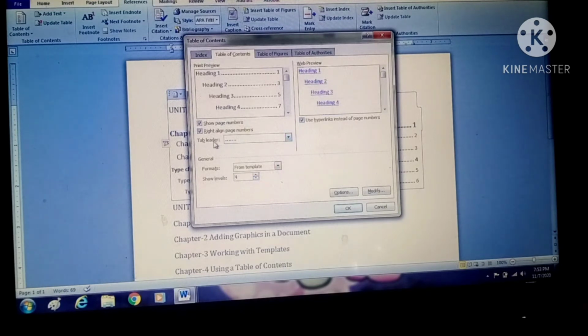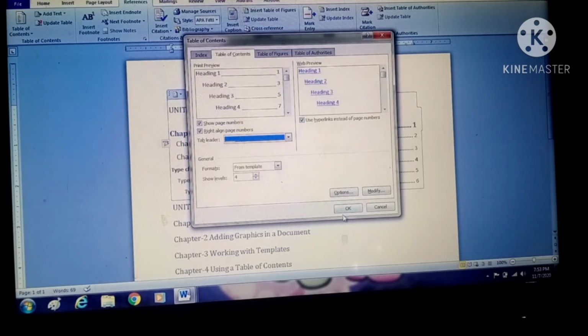And you can also change from here, that is showing the tab leaders. After heading 1 you can see that there is a dot dot dot to attach your topic with the page numbers. Then you can use different types of formats from here: dot, slash, dot and dash, and complete line. You can change the format also. Now you can see that the format is changed accordingly. You have selected the tab leaders. If you want to do these types of changes, then after doing the changes, click on OK.